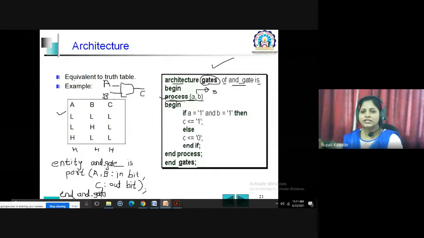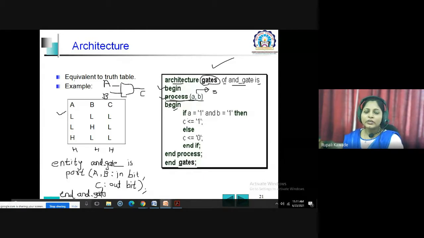If any one or both of the signals change, the process starts its execution immediately. Then the first begin is the beginning of the architecture part, and the second begin is actually the beginning of this process statement.